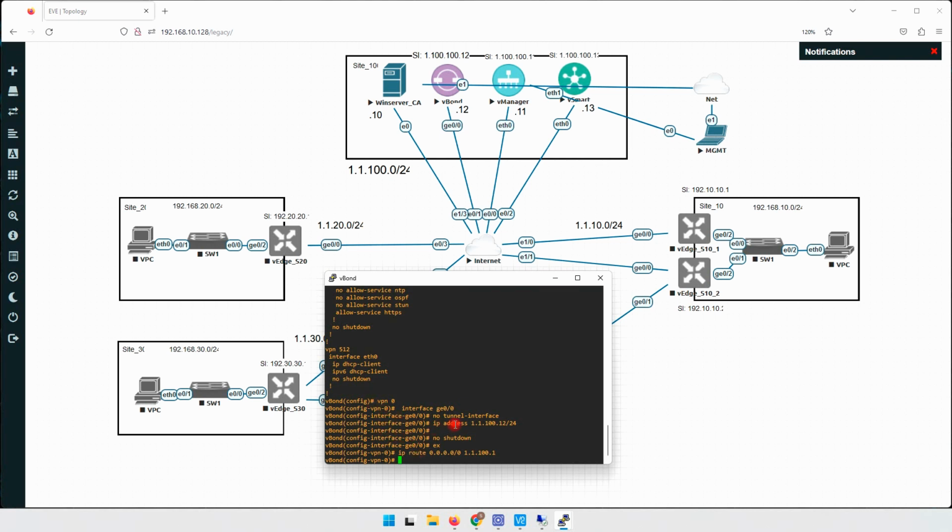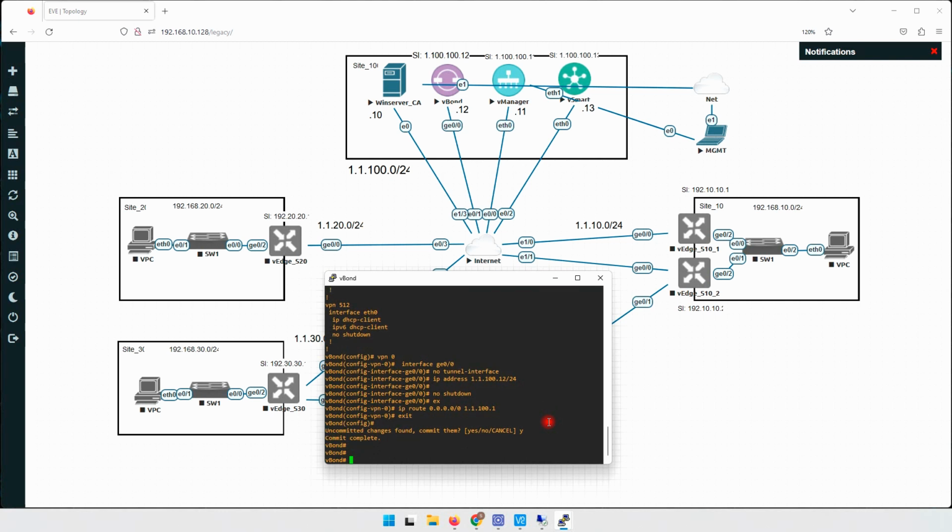Now we will be able to add this in the vManage. Let's commit this information also. For committing, we need to get out from this VPN and commit it here, or we can press Control and Z, and then it will ask us that there are some changes and it's not committed. If you want to commit that, just type yes. Okay, now the commit